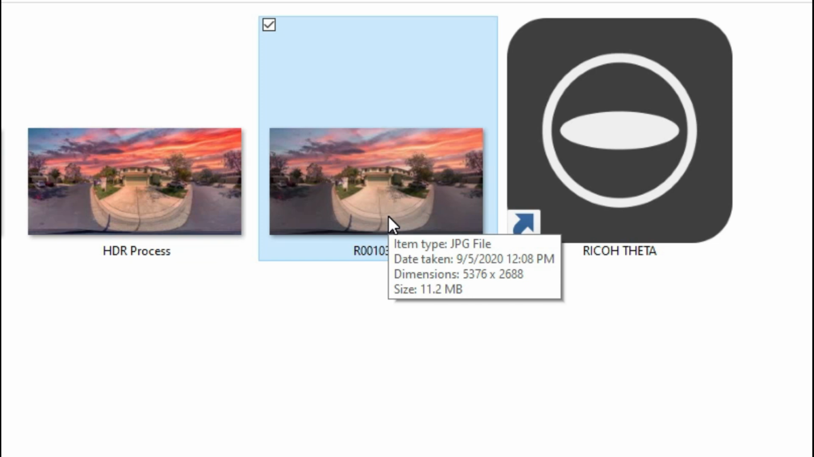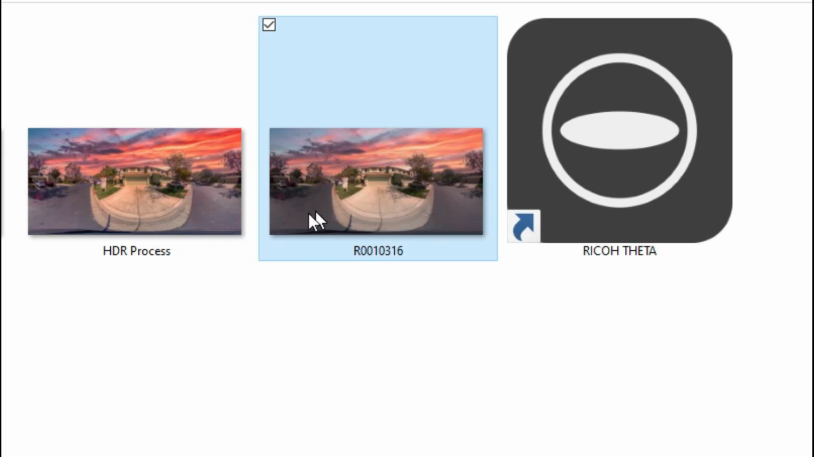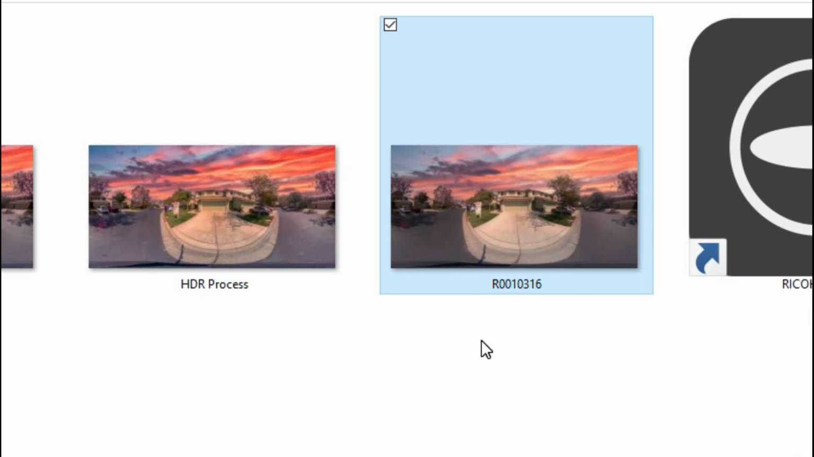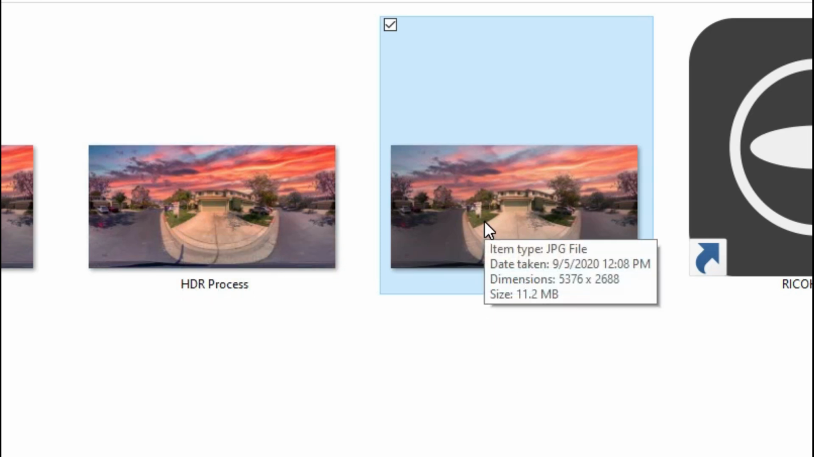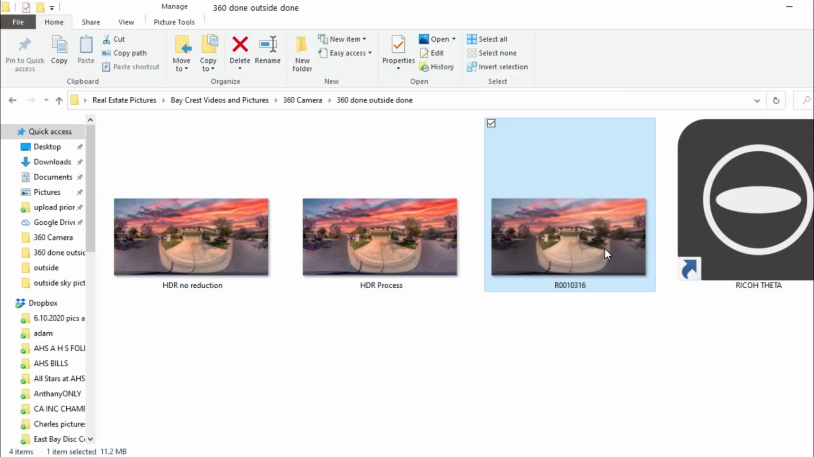What I did do as well is I went ahead and processed the same image through an HDR program here, and you guys can see here that the grass here is a little bit more vibrant. So I'm going to show you how this works. So I'm going to go ahead and open up the